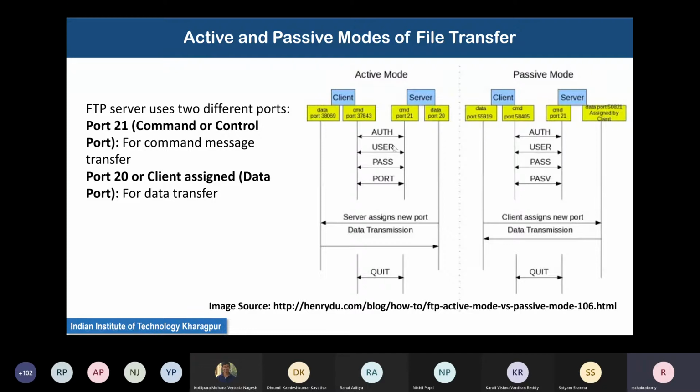So you give the username and password. Notice that every time these arrows are bidirectional. Don't get confused by this. These bidirectional arrows basically mean that two-way data transfer is going on. In this case, command and response transfer is going on, and each command and response transfer is being acknowledged from the other side. This is how transport layer TCP works.